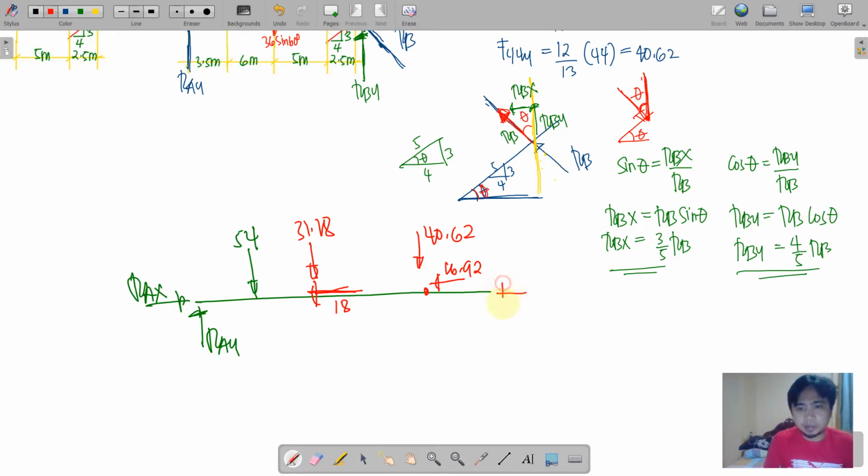This is horizontal. RBX is 3/5 of RB, and RBY is 4/5 of RB. Okay, so we now indicate all of the distances for us to finally work with this illustration. Okay,